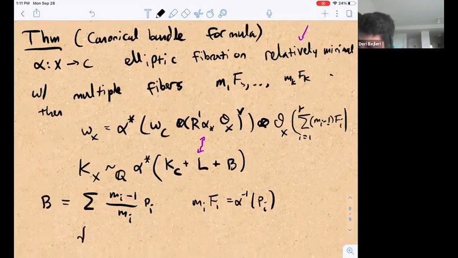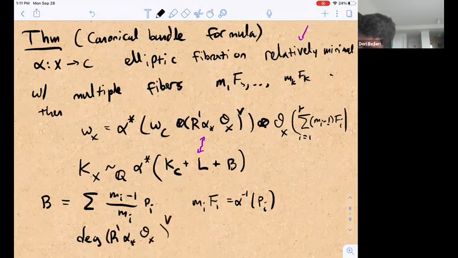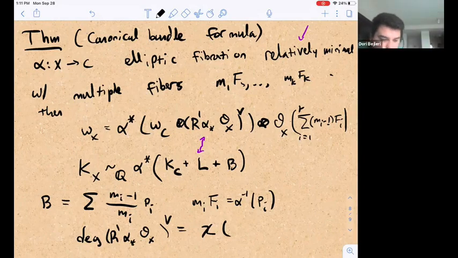And maybe the last important point is that the degree of this R^1 alpha lower star O_X dual is the Euler characteristic of O_X. Let me just make sure I have that right. Yeah. Okay, so